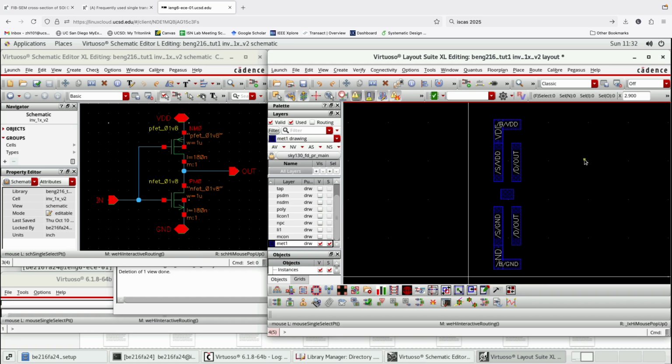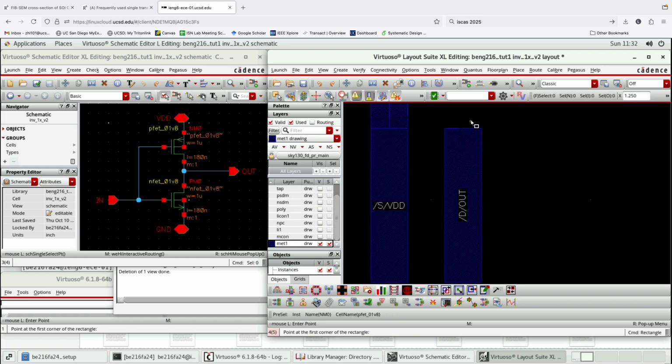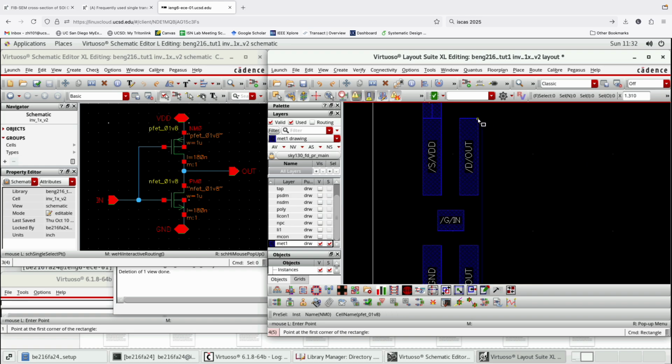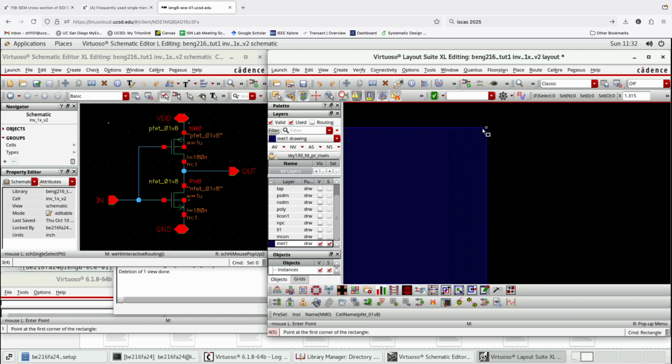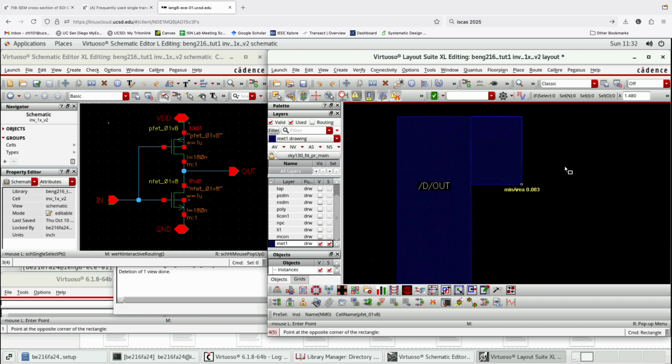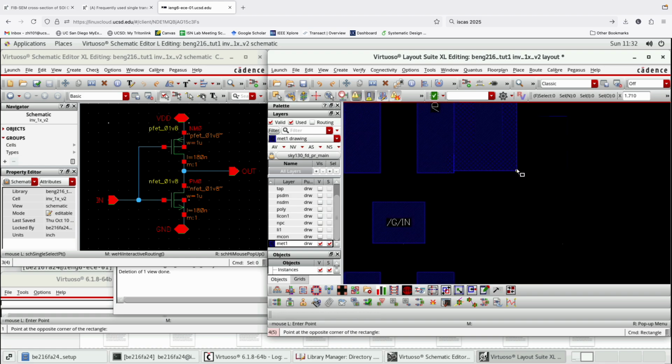So for making a connection on any metal, I previously showed pressing P for making a path. You can also do R. If you press R, it stands for rectangle. You're making a rectangular metal piece, basically, metal sheet. So now I just pressed R. I'll go here. It automatically snaps to this edge, to this corner here, and then I can start making this rectangle. So as you can see, the min area and min width also shows up, which is fine. I would just need to make this